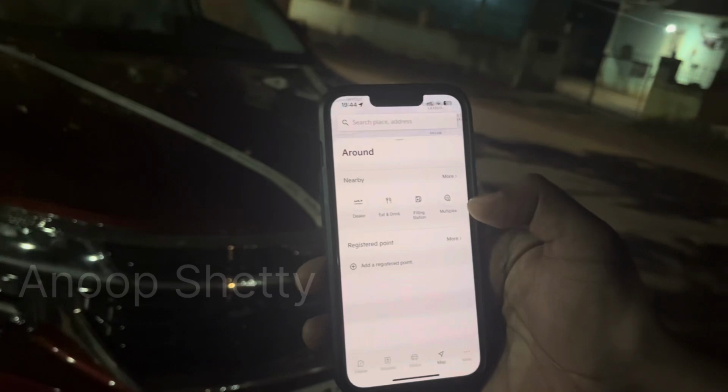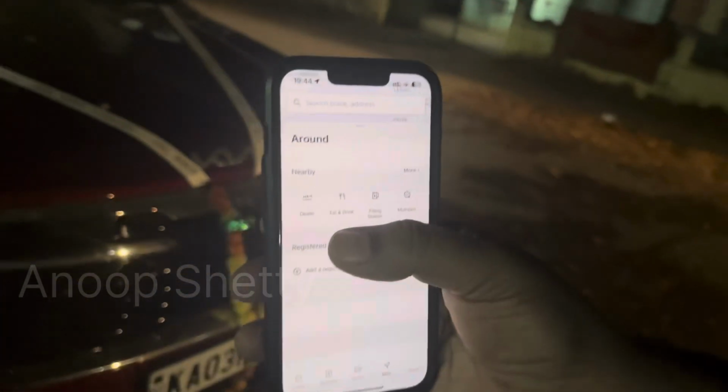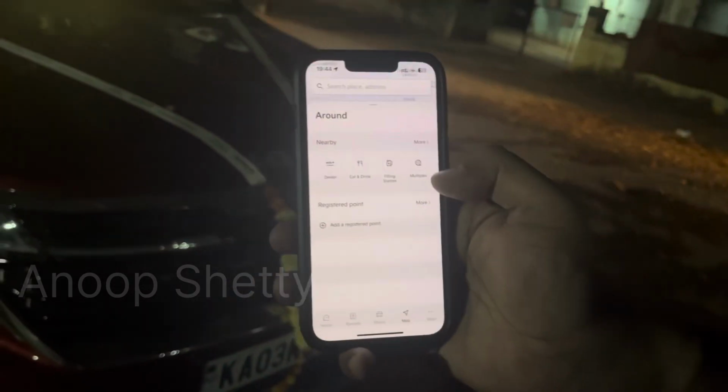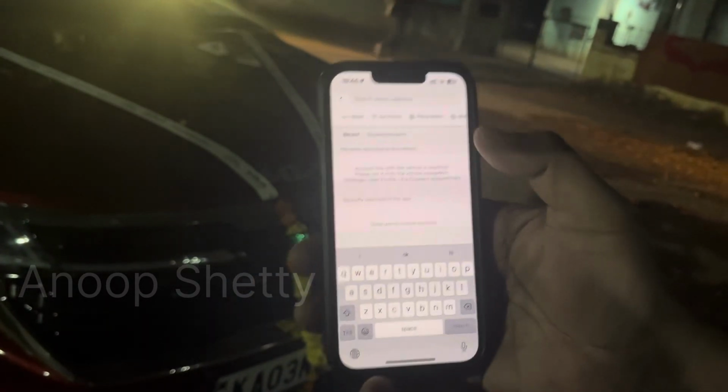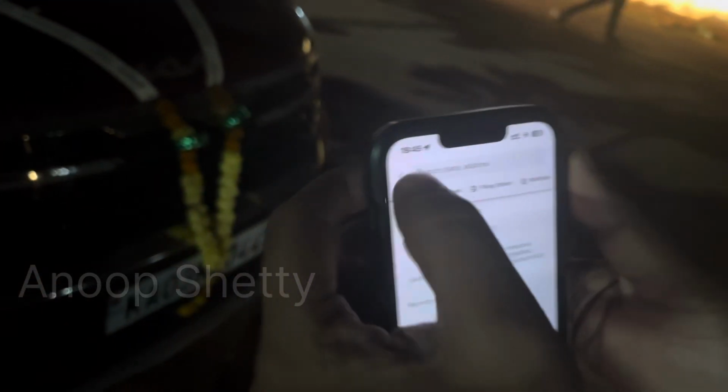So similarly you can see the map as well, where the car is located now, and you can see the nearby filling station, gas filling station, or any eateries or Kia dealers as well. And you have other options as well here, like multiplex and other stuff. You can search the